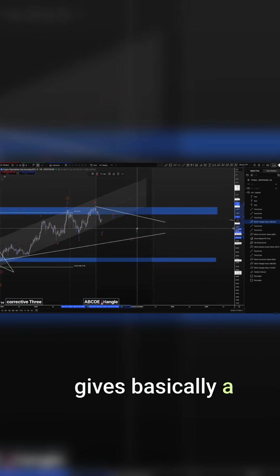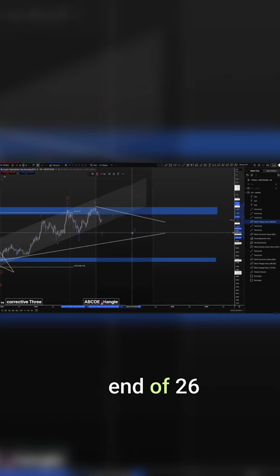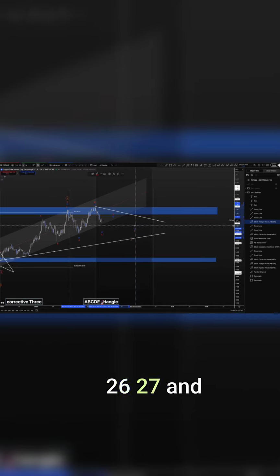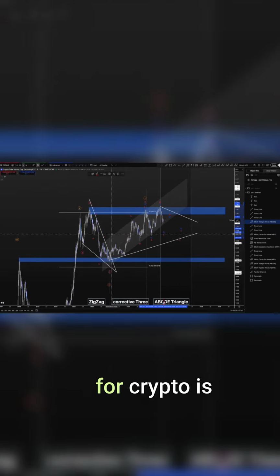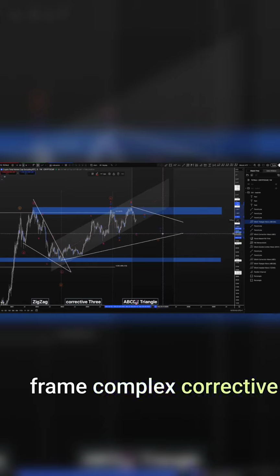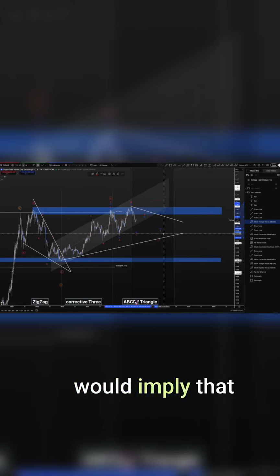So that gives basically a time frame of end of 26, beginning, basically turning of the year 26, 27. And that also makes a lot of sense, because my base case for Bitcoin is that Bitcoin's 4-year cycle low is due in 26, at the end of 26. So I believe that Total2 for crypto is actually still in a high time frame complex corrective structure. And that would imply that